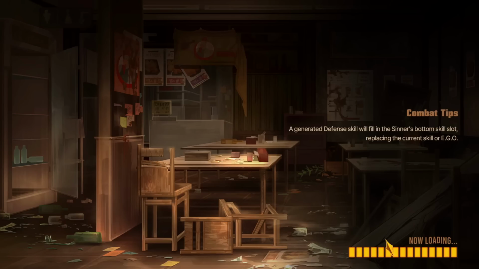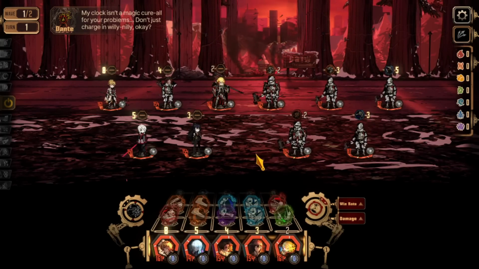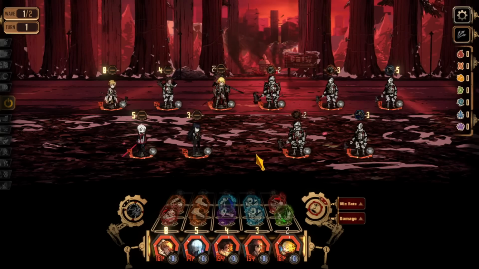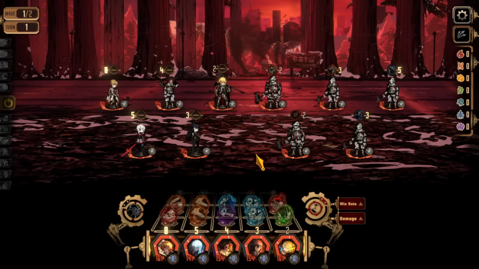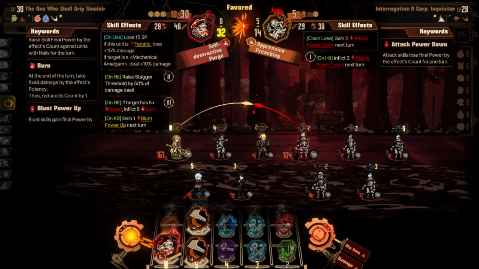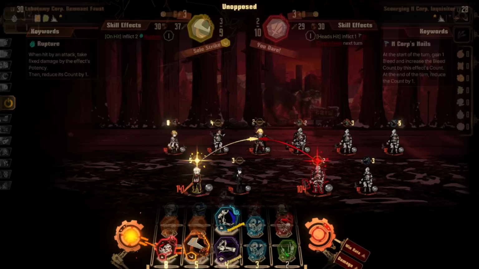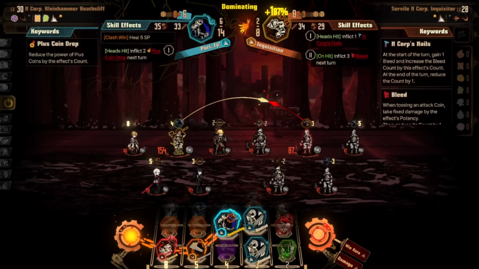But this is actually my second time recording this fight. The first time, Sinclair and Don had no combat animations, which is always funny. But they're back to normal now. So, self-destructive purge, just... Oh, it does a lot of damage. Yeah, this team is mainly...